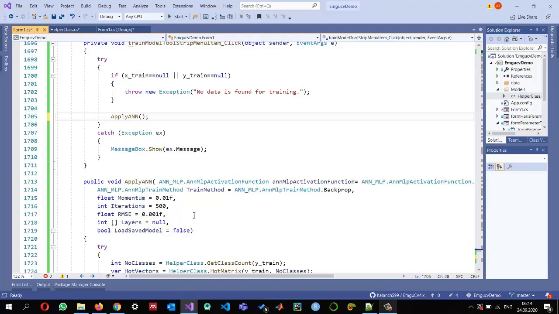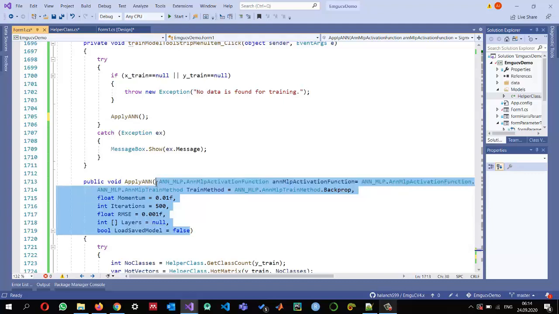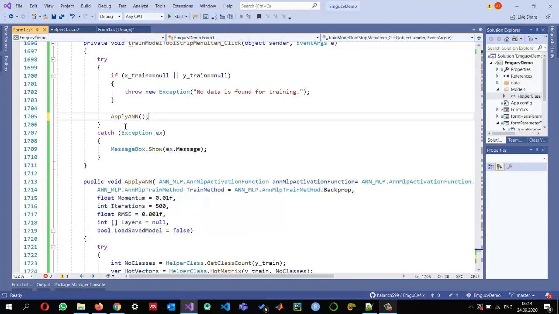We need to make it more flexible so that using the user interface, we would like to try different values of these parameters. We don't know which parameter values will give us optimal results for this particular example. So instead of doing this, I would like to create a new form that we will use to